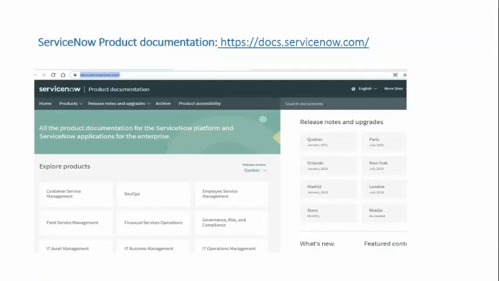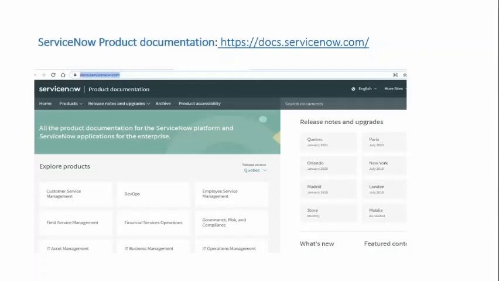Every 6 months ServiceNow provides an upgrade, and in the upgrade they add additional functionality, make enhancements, or maybe fix existing issues. You can refer to the release notes to understand what additional functionality has been added to ServiceNow and what issues have been fixed.